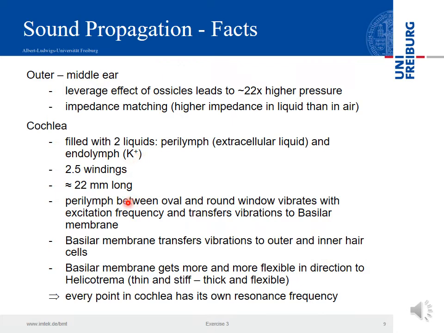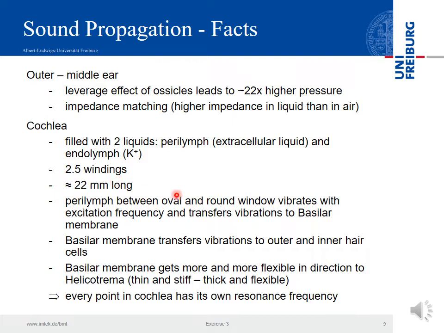The perilymph between the oval and the round window vibrates with an excitation frequency and transfers vibrations to the basilar membrane, and the basilar membrane then transfers the vibrations to the outer and inner hair cells. This basilar membrane changes its mechanical characteristics towards the helicotrema, that means to the tip, from thin to stiff and from thick to flexible,